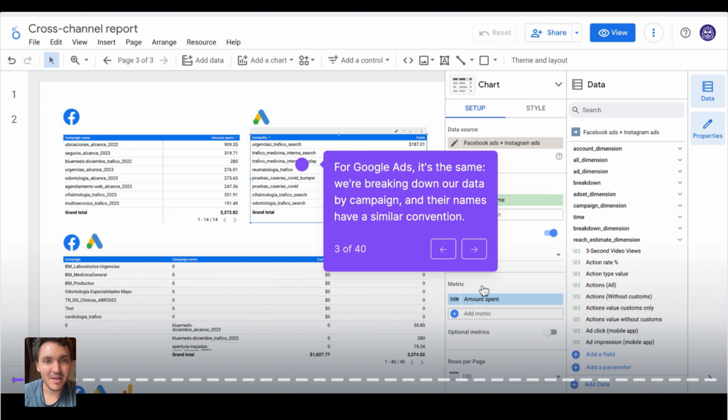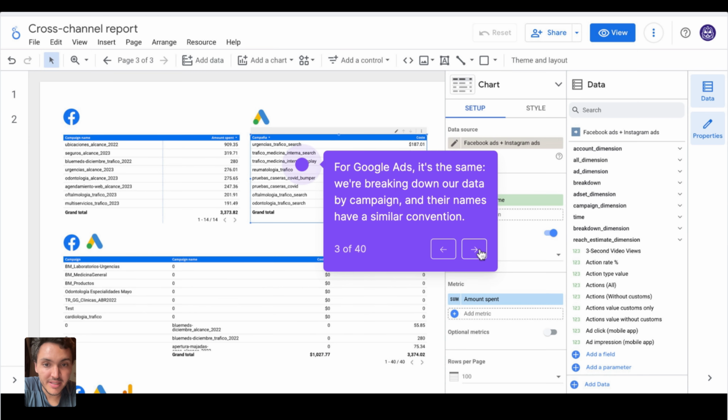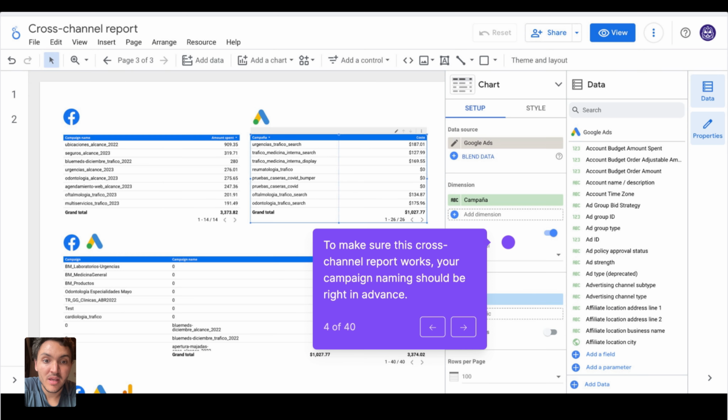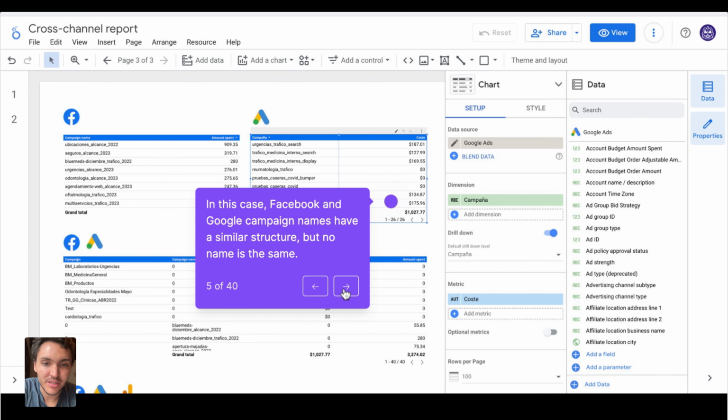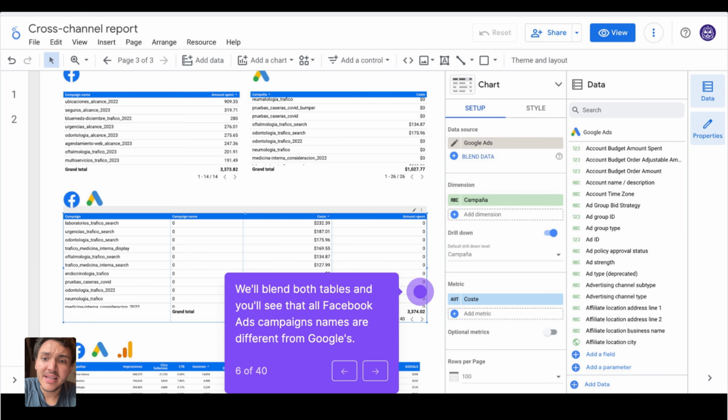And I am repeating the same exercise with Google Ads. I am breaking down my metrics by campaign. By the way, in Spanish, campaign is campaña. And we are following the same exercise and also the same structure. So we have the same structure for the campaign names for both Google Ads and Facebook Ads, but they are not the same. They are not the same names. So no Facebook ad campaign name matches or is the same as any of these Google Ads campaign names. This is important. Now, the next exercise is that I blended this data, and I will show you what makes